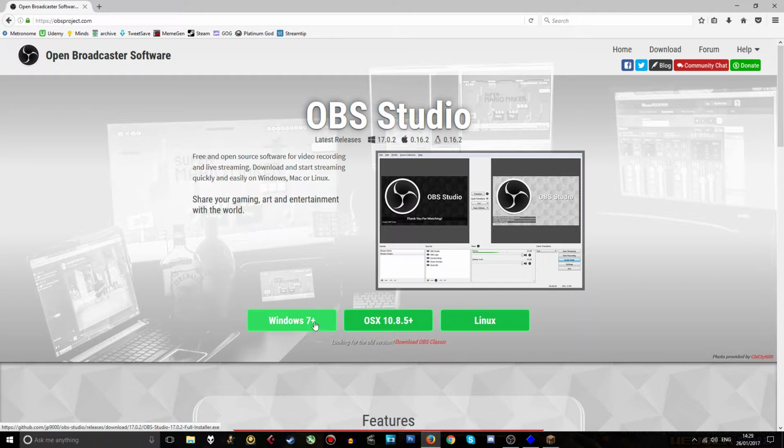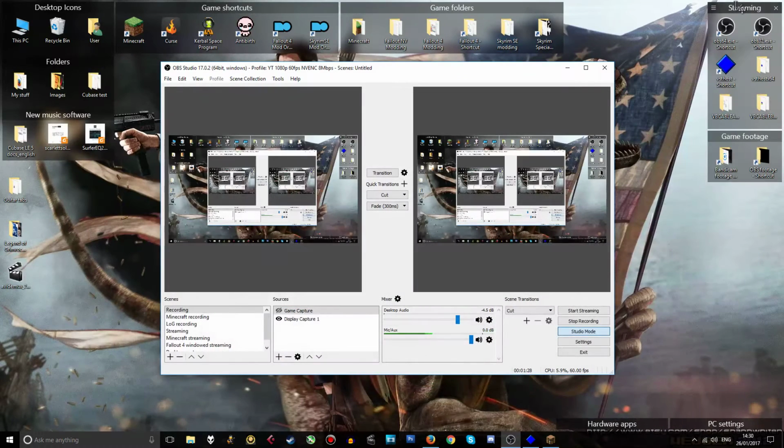And here you have the latest version for Windows 7 and above. If you have a Mac or Linux, I guess go for those. I don't have any experience in those, but that's fine. I can't comment on that. So download OBS Studio, install it, and when you start it up, what you want to do is create a